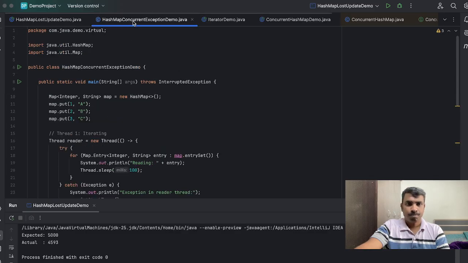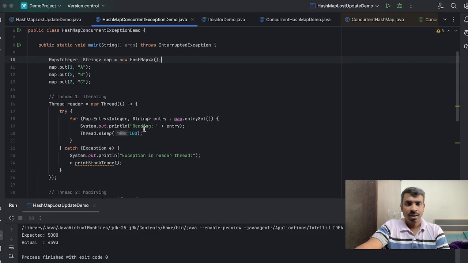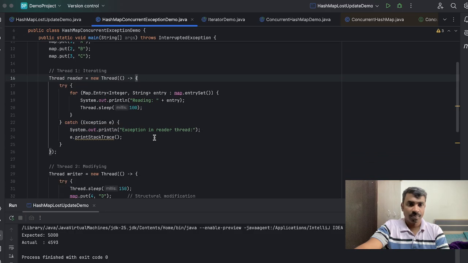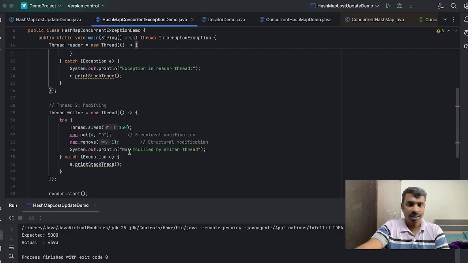Another one is again a normal HashMap. Here I have already put three entries: 1A, 2B, 3C, key value pairs. Here is a reader thread, it is reading, and here a writer thread, it is writing.